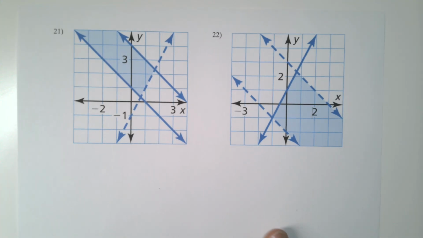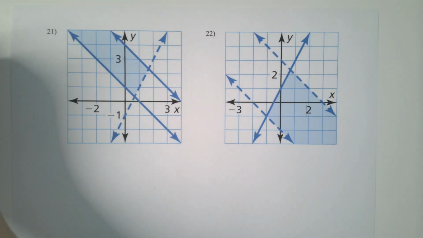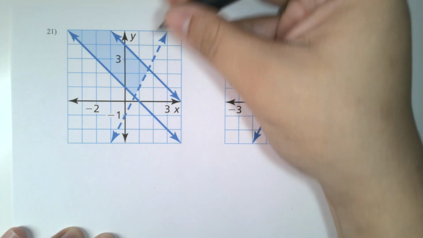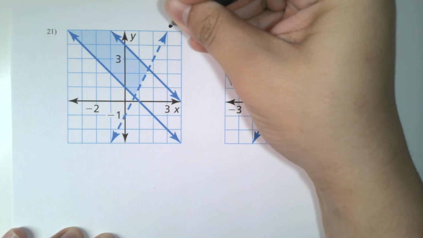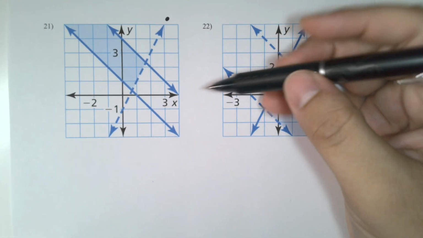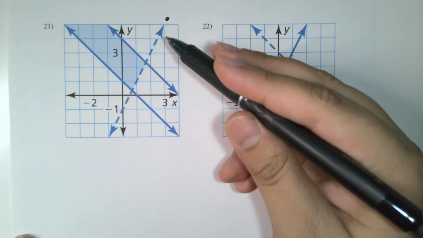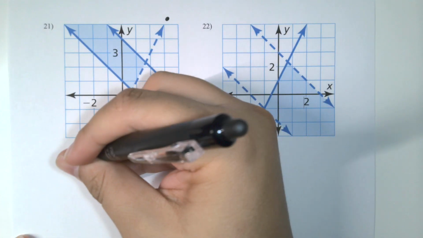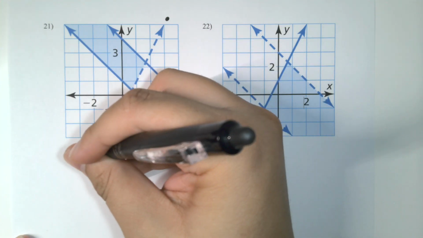All right. For number 21, similar deal. We can pick any of these. I'll start with this one. Let's see. All right, so we have a dotted line and we're shading above. So we're going to write y is greater than,